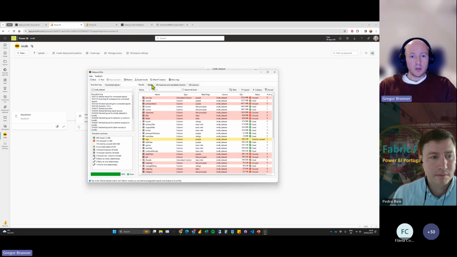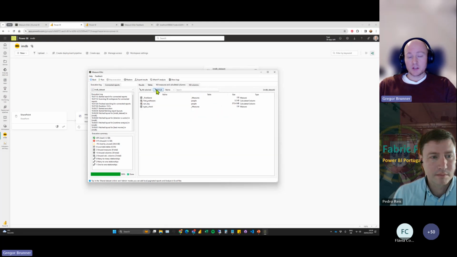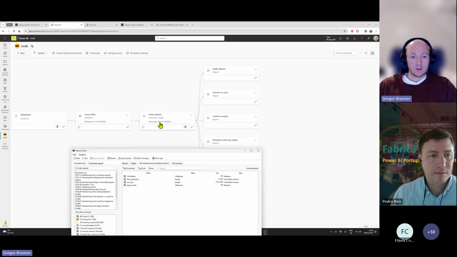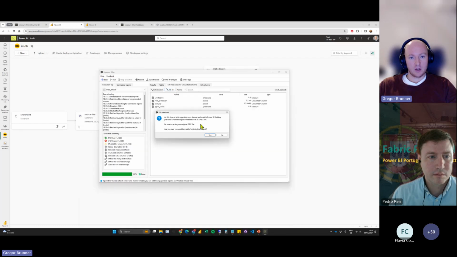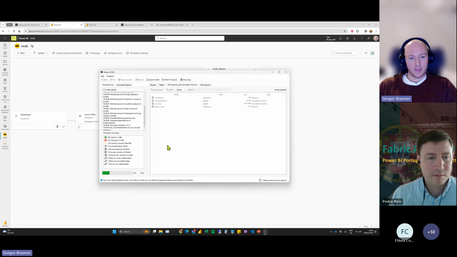So what we're going to do now is the same thing as before. And here it's going to do a write. It's going to write to the XMLA endpoint. So it's going to write directly to the model in the service and remove those columns, calculated columns and measures. So let's do this now. Kill all. And here it's just going to give me a warning. Hey, do you really want to do this? You cannot download your PBIX anymore. Yeah, I know. Okay, fine.